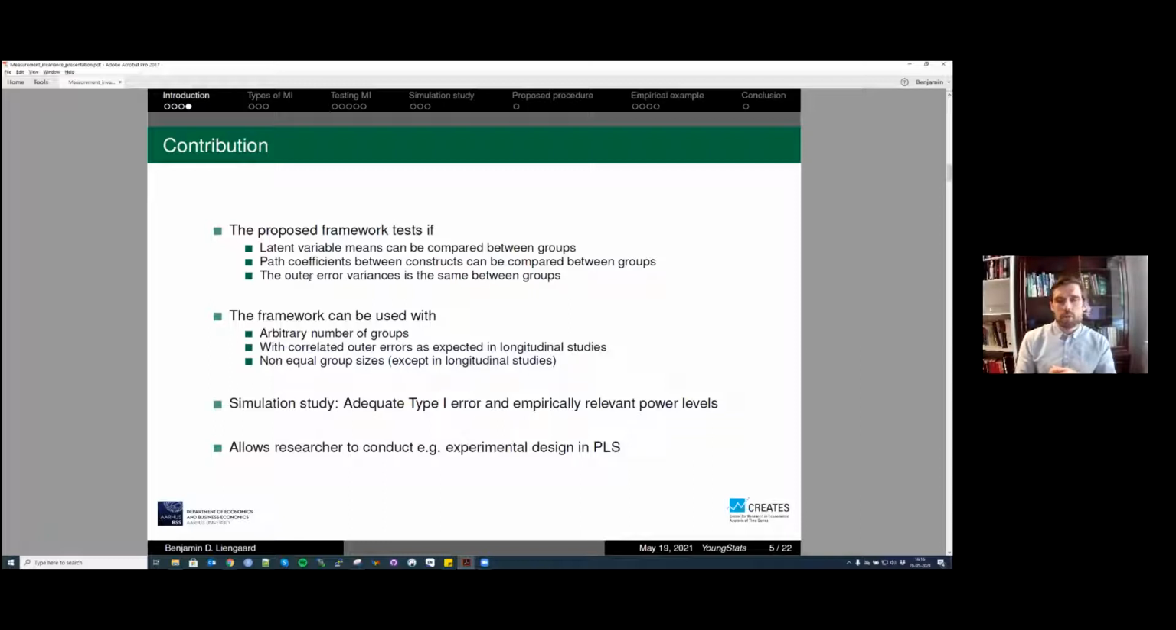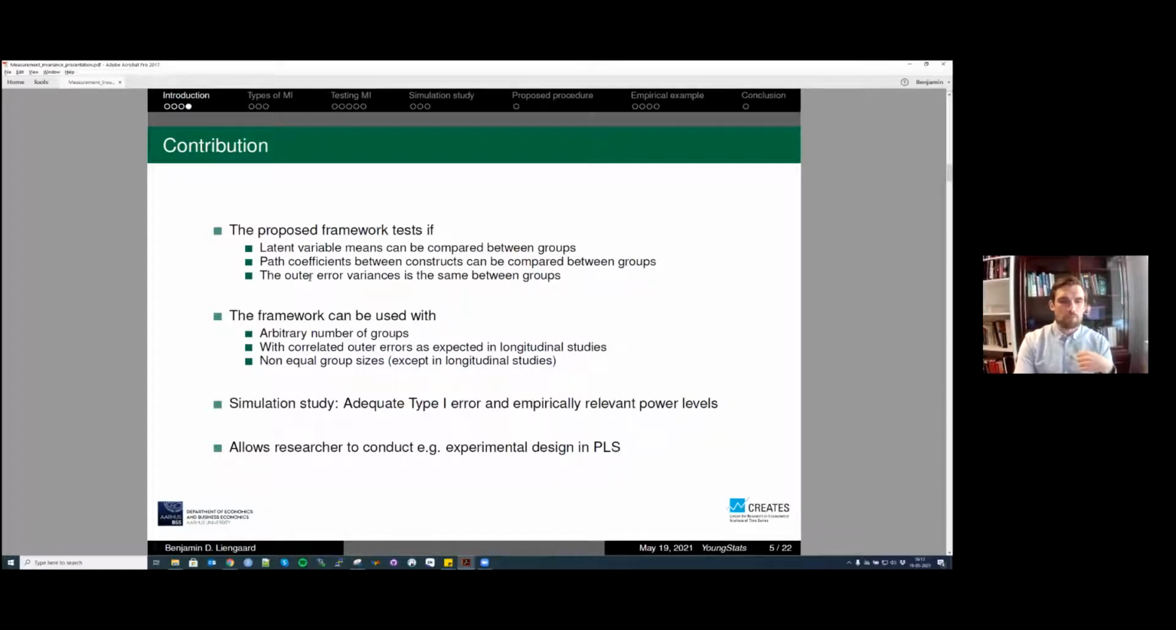And this framework can also be used with an arbitrary number of groups. So we're not restricted to only looking at 2 different groups, but we could have a range of different groups. We can also use this testing procedure if we have the same observations and we repeat the sampling of the observations, so we have a longitudinal study. In that case, we'll normally expect some correlated errors. And to mitigate this, I'll use a panel bootstrap method to get correct type 1 errors and